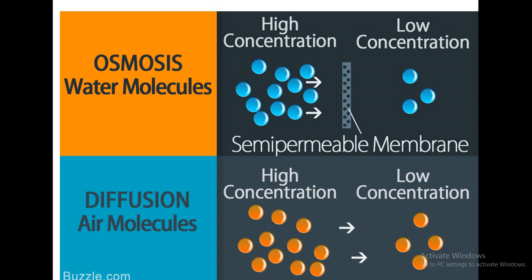Osmosis happens when we have a semi-permeable membrane between the particles, just like the cell membrane. So the particles are going to move from the high concentration to low concentration. Diffusion, if we were talking more about the air, the gas, when we make a spray or when we spray a perfume in the air, the high concentration is going to go to the low concentration. This is air diffusion. These air molecules are diffusing from high concentration to low concentration. Okay?